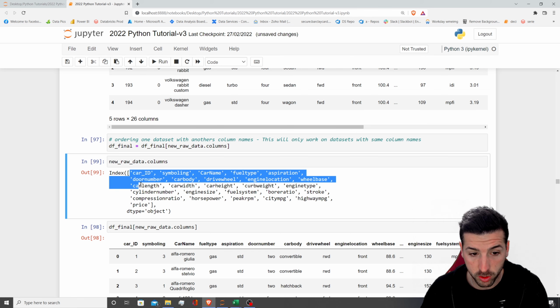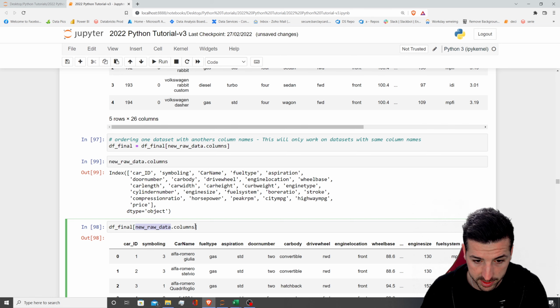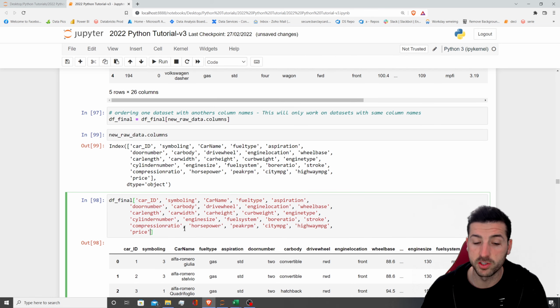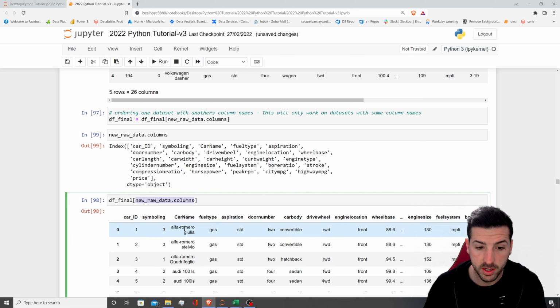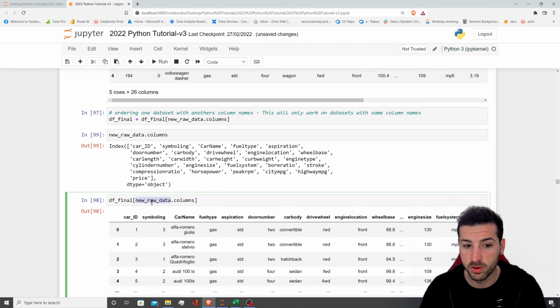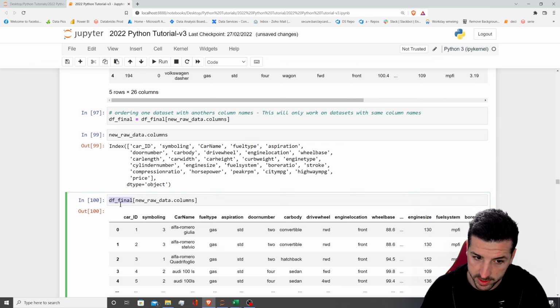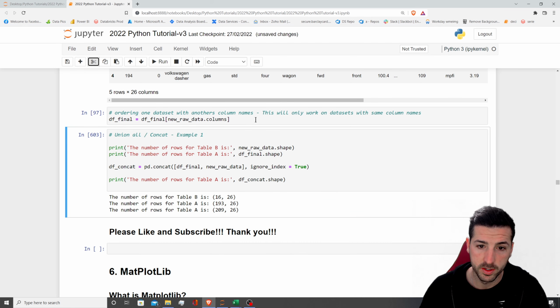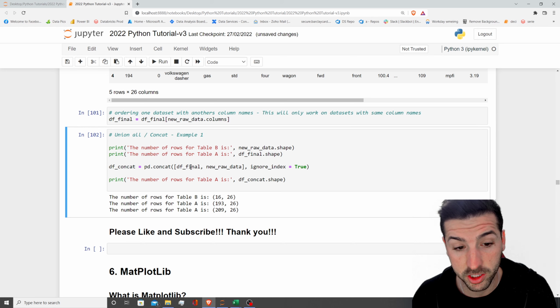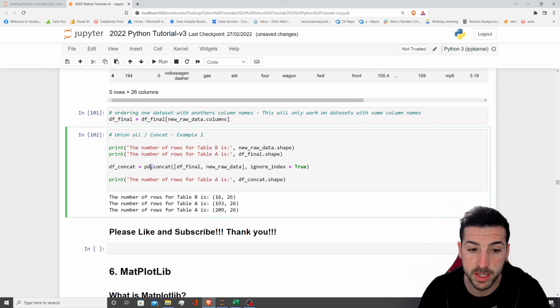But instead of copying all this and pasting it in here, which is going to give me the right order, I can type in the second table dot columns and run it, and this is going to reorder the column names of this data frame based on the order in this data frame. So I'm quickly going to remove these 2. Then we have run this, and in order to run this concatenation we say pd.concat table A, table B, ignore the index,